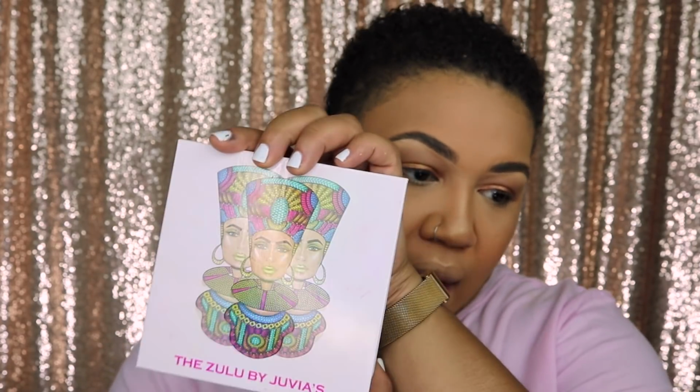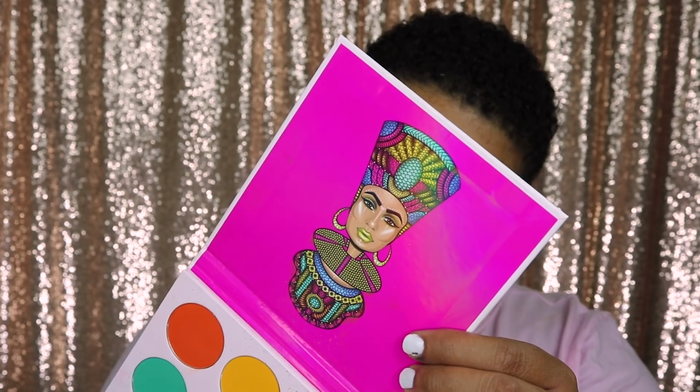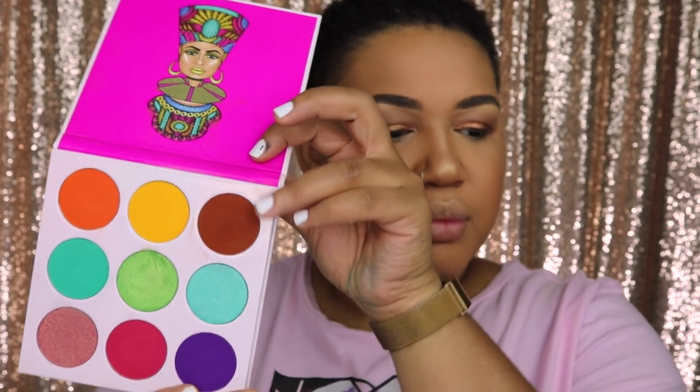This is beautiful. All right, so to deepen that up just a smidget, I'm actually going to go into another palette. So that was the Warrior palette by Juvia's. I'm actually going to go into the Zulu palette by Juvia's. And I'm going to go into the shade. I actually don't think that this has a name. But it's this top brick reddish brown color here,